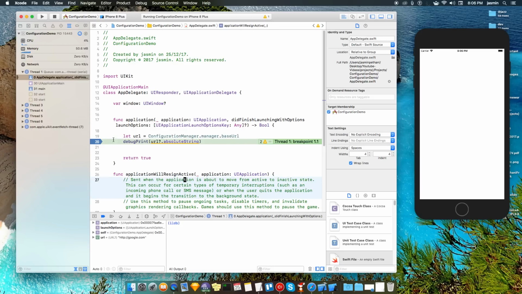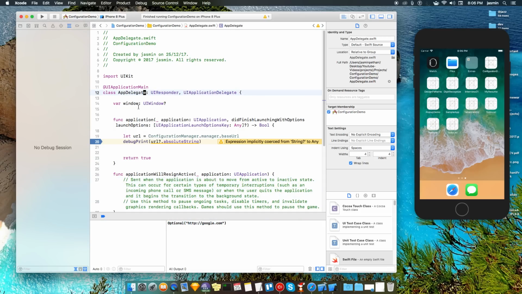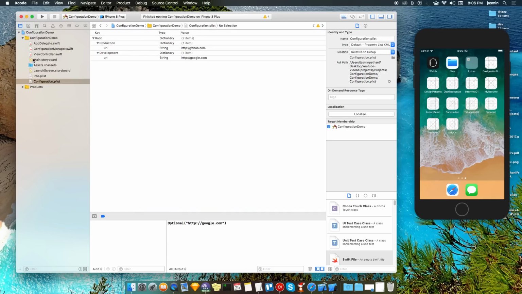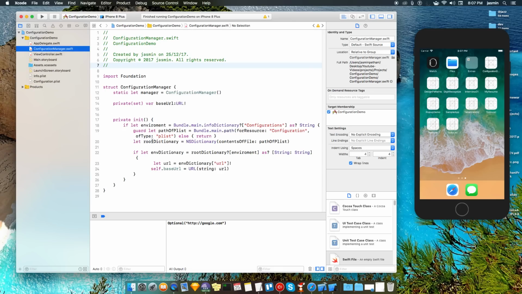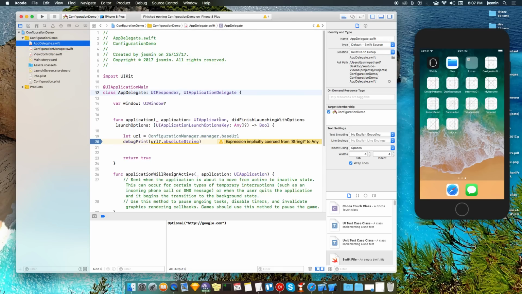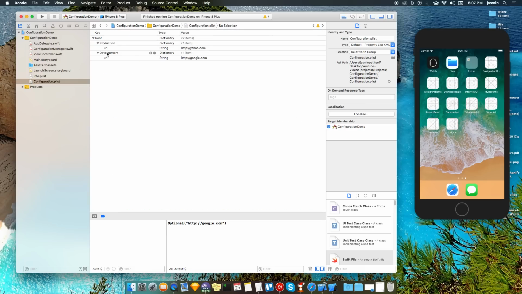Yeah, so here we got a breakpoint, and here you can see we got the base URL of our application. So this is how you can get the values from these configuration files, and accordingly you can manage the development and production environments separately. You can use this base URL from anywhere commonly. You don't need to change anything. Whatever you have to change is over here, which differentiates between them.